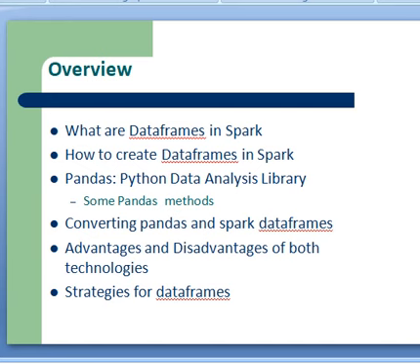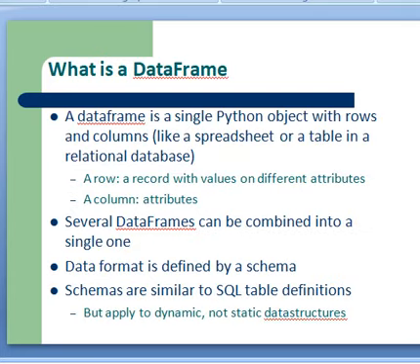So for dataFrame, which is this part, we will cover the following. What a dataFrame in Spark looks like, and how to create data frames in different ways from different sources. We will also look at functions and methods Pandas has provided for us to analyze data. And we will also understand the structure and strategy of data frame and its comparison with other methods. The first one is what is a data frame,